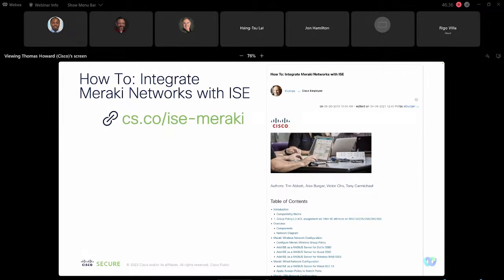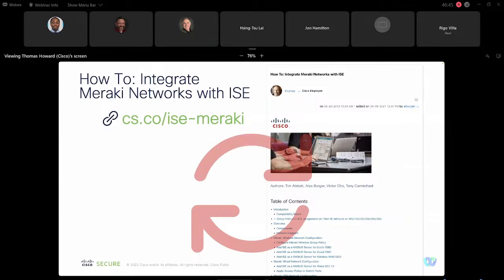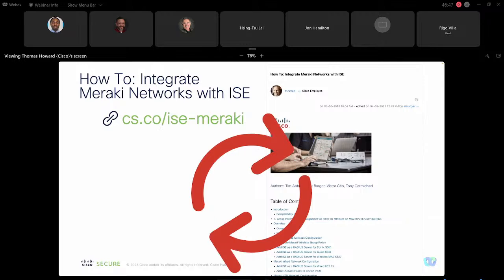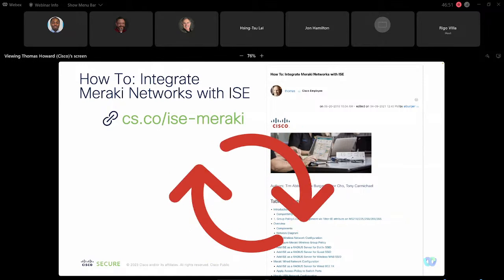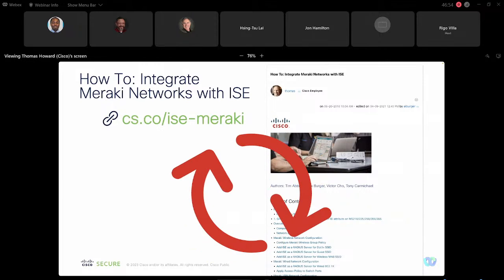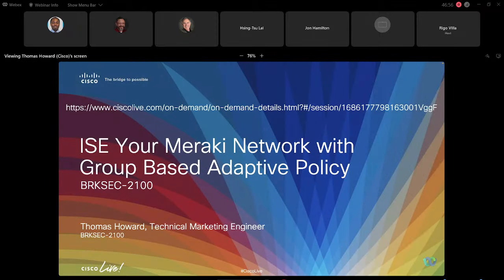Those of you with Meraki, don't fret. We have a guide for you as well. But I will say this one is a little older. It's over 2 years old. It really needs an update. And so fortunately, it's really simple. And I've actually got some examples to show you because I happened to do a